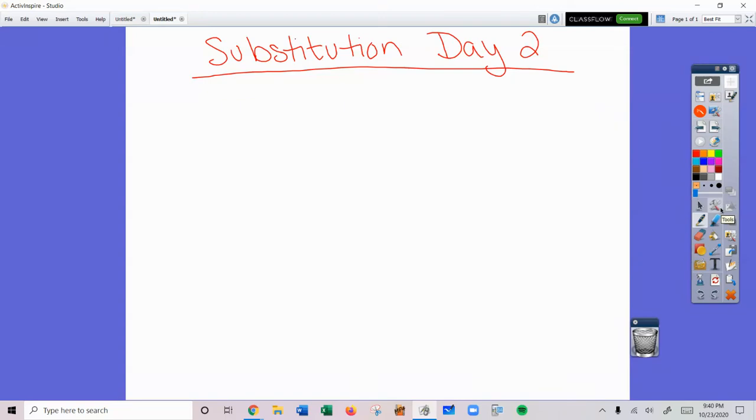I am sure you are all super excited for a second day of substitution. Yay. Good news is that the process doesn't change at all today. So we are just doing more with substitution to make sure we understand some of the more complex situations we